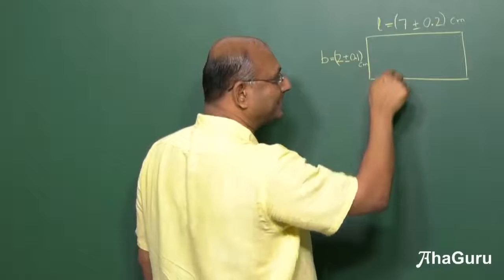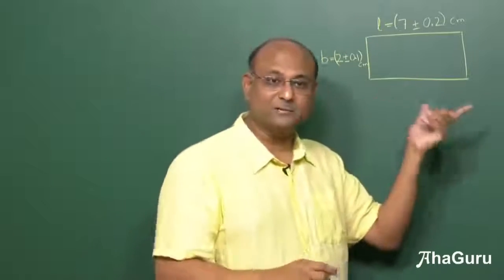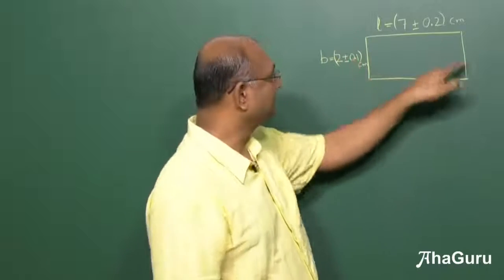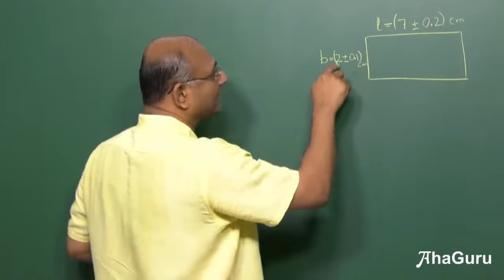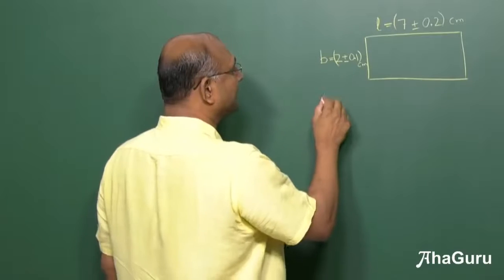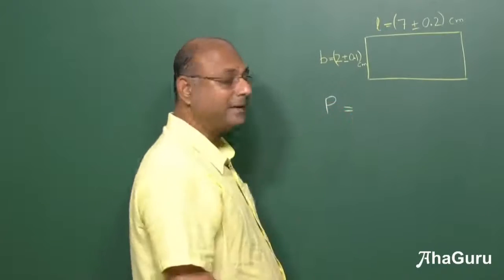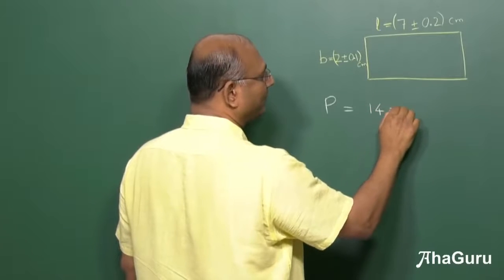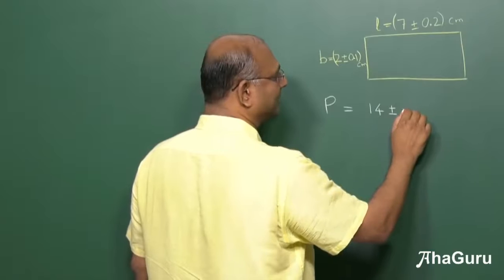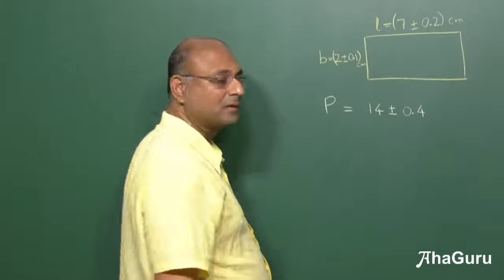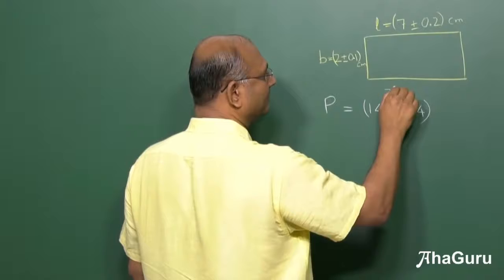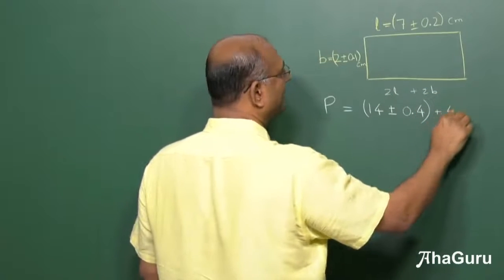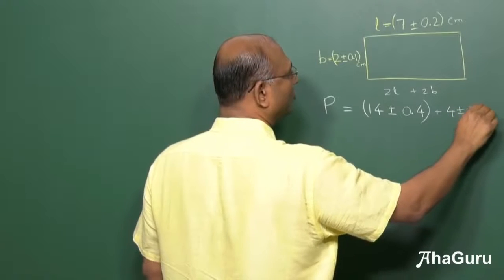Usually when you make the second measurement, this may be 7 or 6.9 plus or minus 0.2 and then what you can do is you can do an average. But I don't want to do all that right now. This is the length, this breadth is the same, okay? So it is 2 plus or minus 0.1 centimeters. Suppose I want the perimeter. Perimeter is 2 times the length because I have 2 of these. So 2 times the length will give me 14 plus or minus 2 times 0.2 is 0.4, right? So 2L plus 2B. So 2 times B is going to give me 4 plus or minus 0.2.